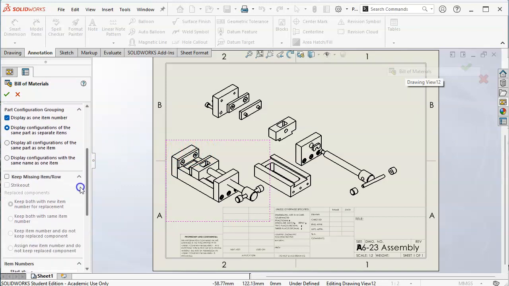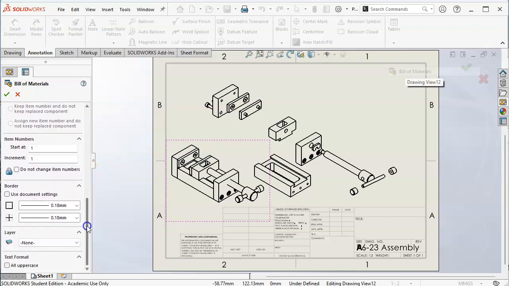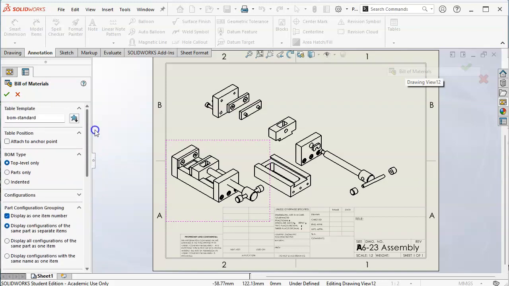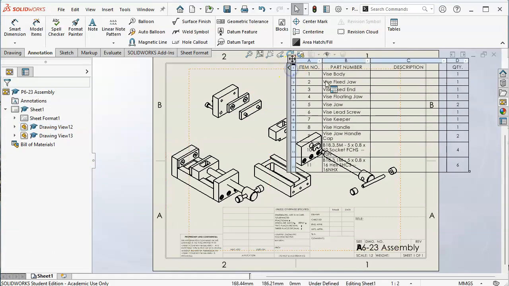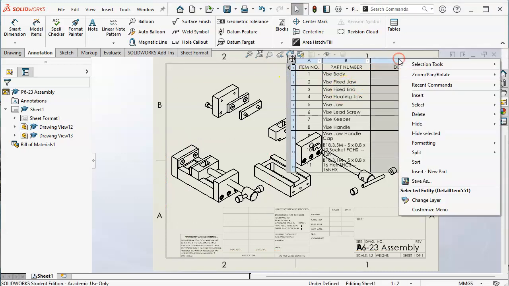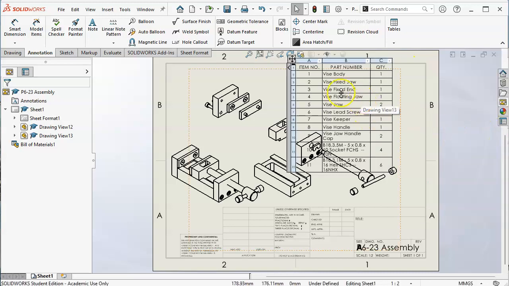We're only doing top level here. Displaying one item number is fine. Starting increments, a layer if we've created them. Go ahead and hit OK and place it. All right, so in this case, I don't need the description. We haven't set any of those, so I do end up deleting the column there to open up a little